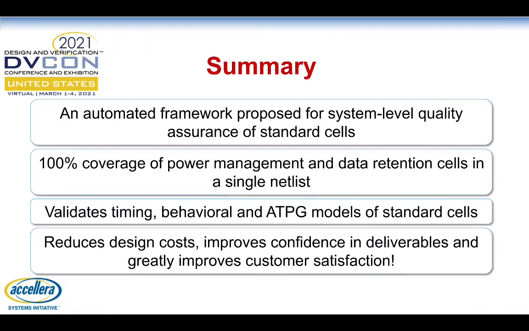To summarize, the proposed validation framework for power management and data retention cells allows for detection and thereby correction of system level bugs prior to database delivery. This is useful because such bugs might otherwise be caught at later stages, leading to quality concerns and increased design costs. By incorporating the proposed framework in their own validation flows, organizations developing standard cells can have a greater degree of confidence in the quality of their deliverables and also significantly improve customer